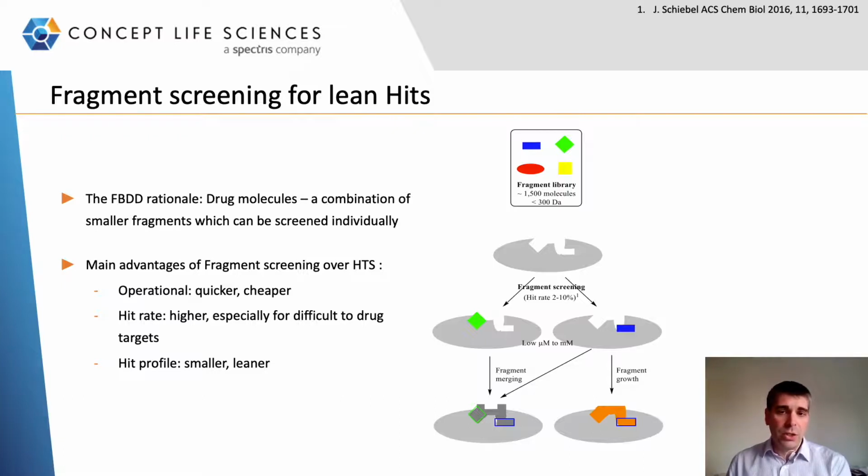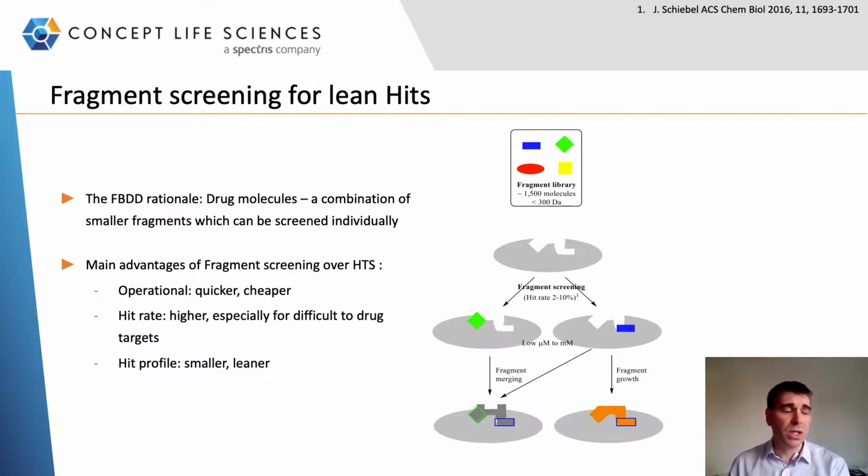Obviously, hits identified through fragment-based screening will be small molecules, and so it gives us a much greater chance of improving those hits into small CNS drug-like targets to generate clinical candidates, as opposed to high-throughput screening where the start point, the hit, would be a much bigger molecule.